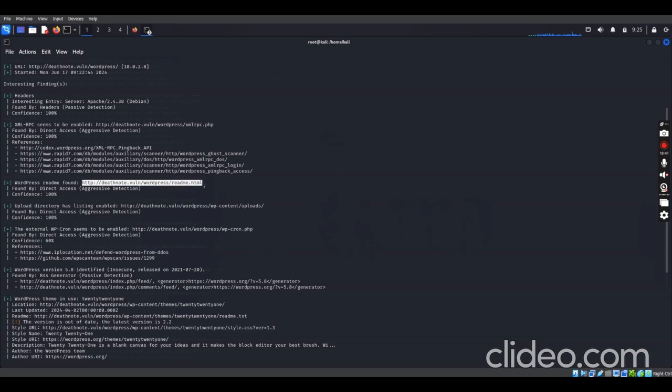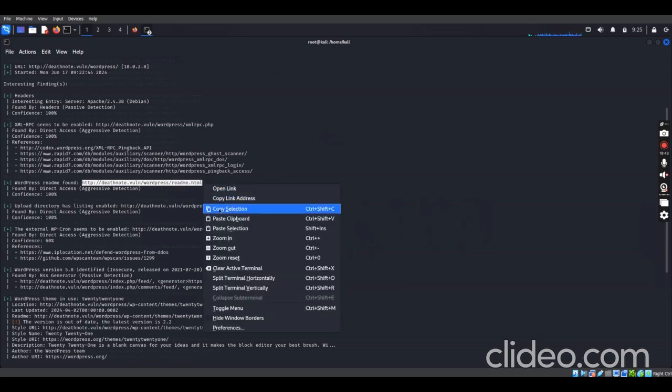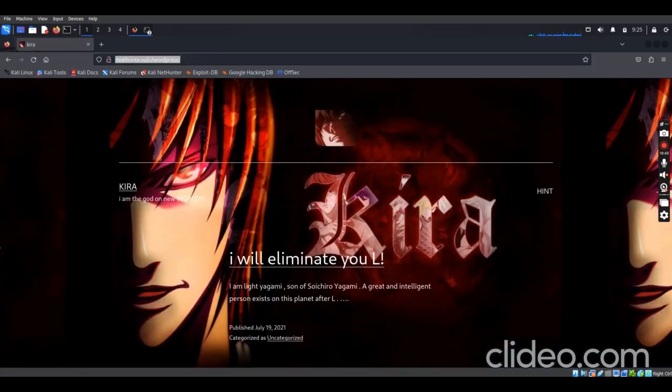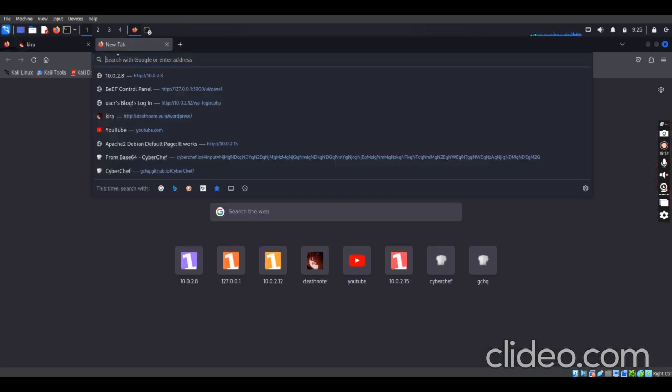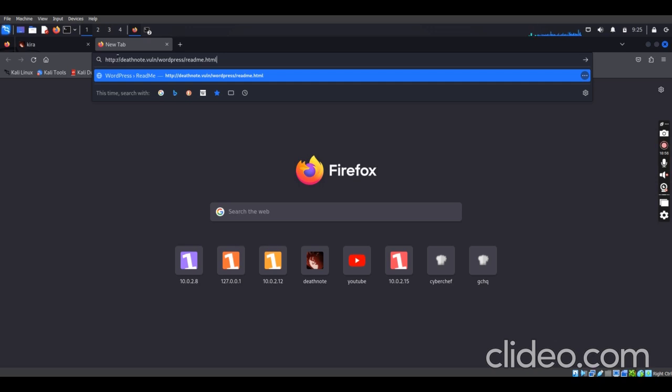If you take this and put it on our browser, let me copy it and copy link. Let's go to our browser, open another tab, paste it here, and enter. Let's see what we can see in that README file.